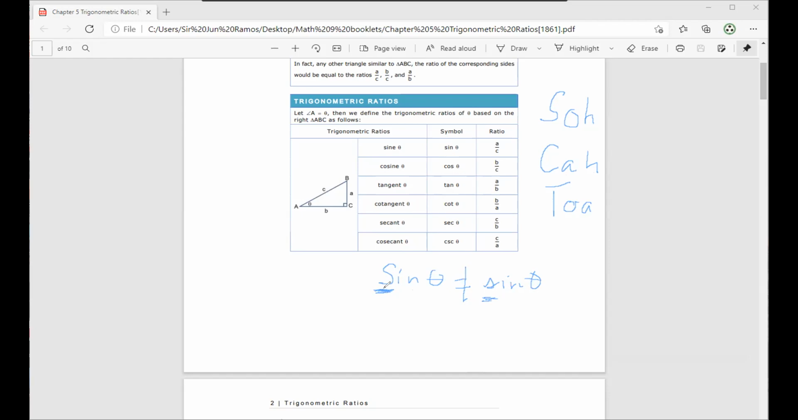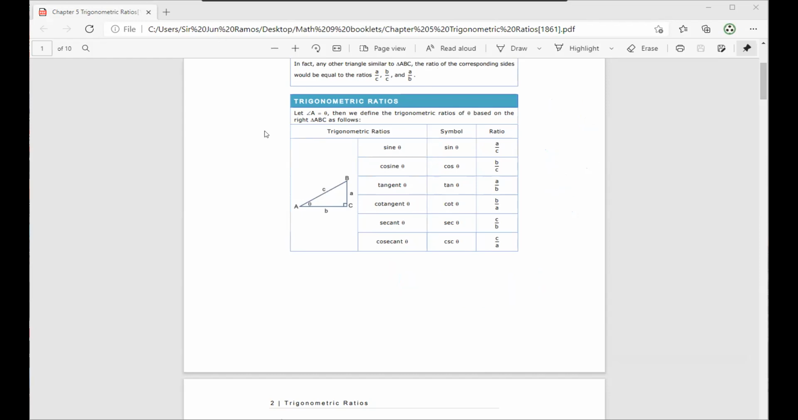So just be mindful that you will not write tangent theta as capital T, cosine as capital C, or sine as capital S. No, you don't. Okay? We will be using all small letters. Okay. How do we apply this